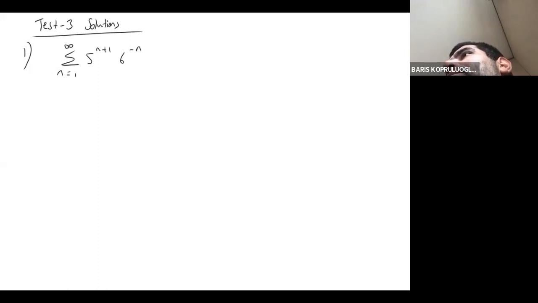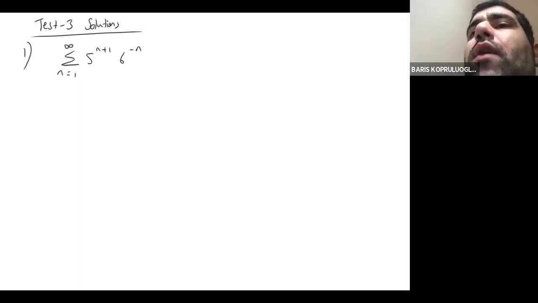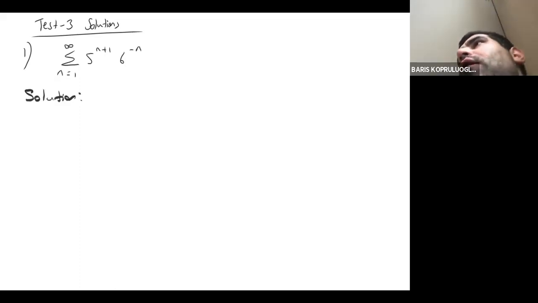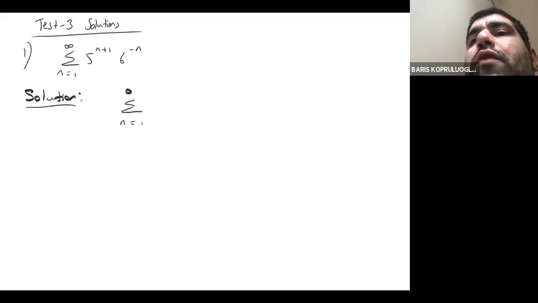And in other problems, we used the partial credit criteria. So for example, in problem number 1, if you got the common ratio correct, you get 1 point, and if you get the sum correct, you get 1 more point. So how would you determine if this series is convergent or not? First of all, you should see that, as most of you did,